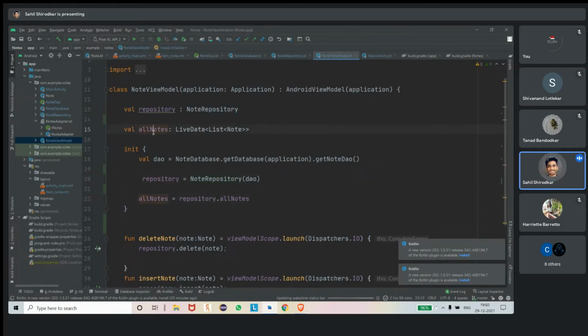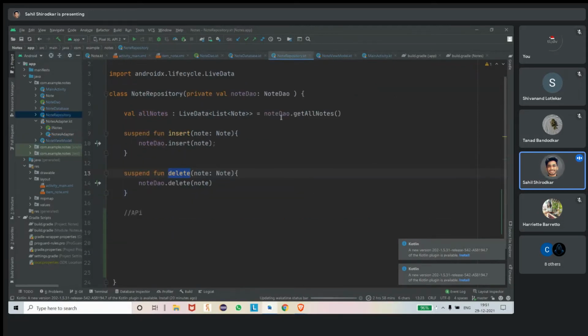Again, we initialize allNotes with repository.allNotes, meaning it goes to the repository and calls allNotes.